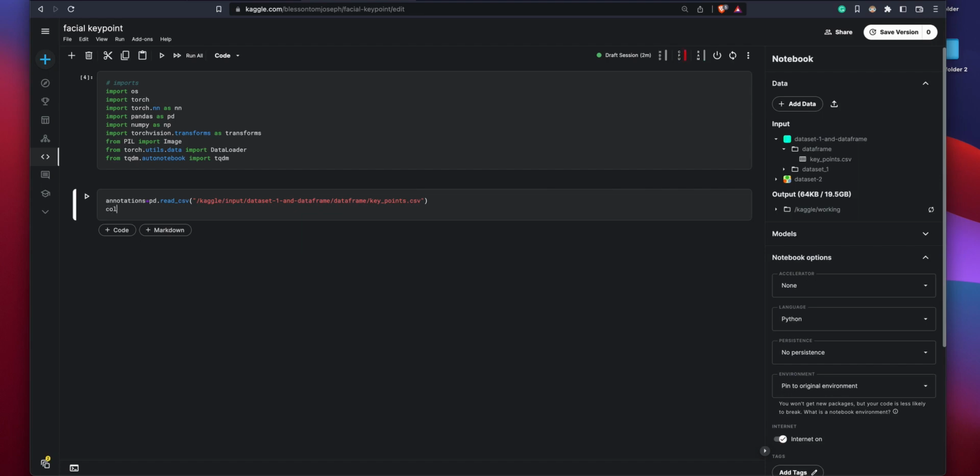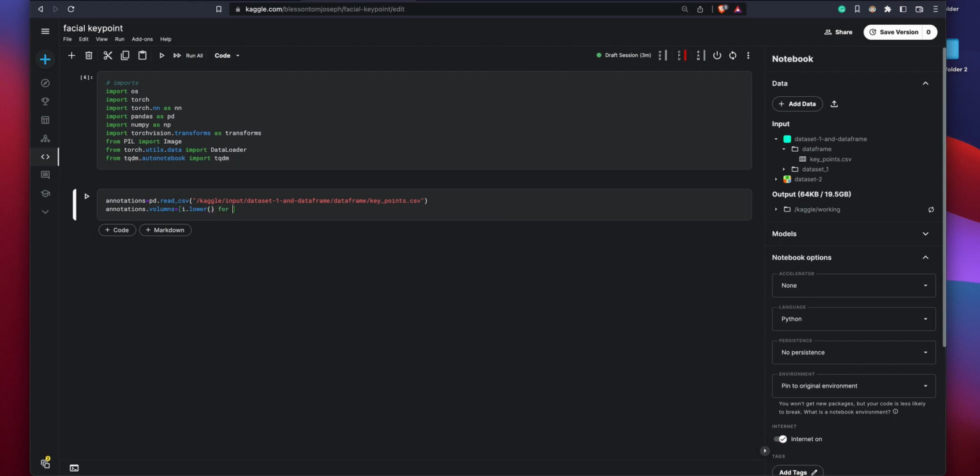The first thing that I would like to do is set the columns: annotations dot columns equals i dot lower, because I don't like to deal with capital letters most of the time,